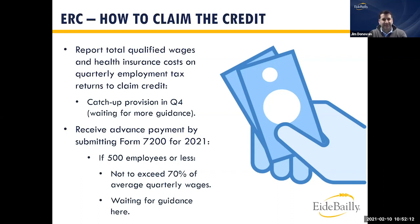And then you get to the finish line, you're like, well, how do I get my cash back? So basically, you would report your total qualified wages and health insurance costs on a quarterly employment tax return. So your Form 941 for most companies, right? And what the guidance says is you have to go back and amend your 941 to capture the appropriate credit